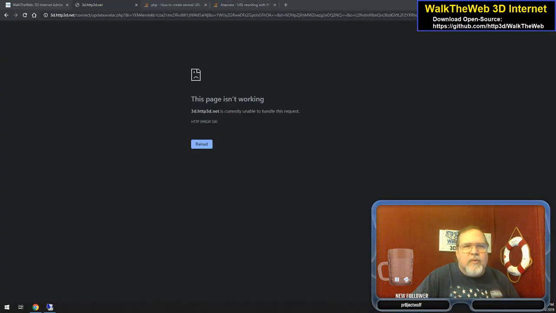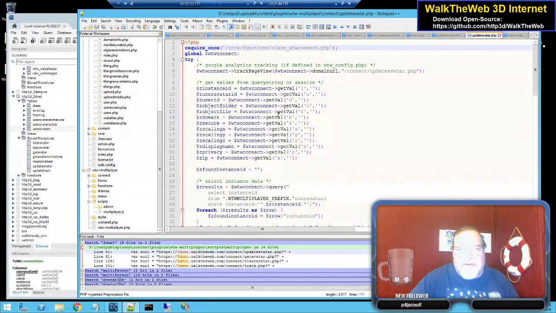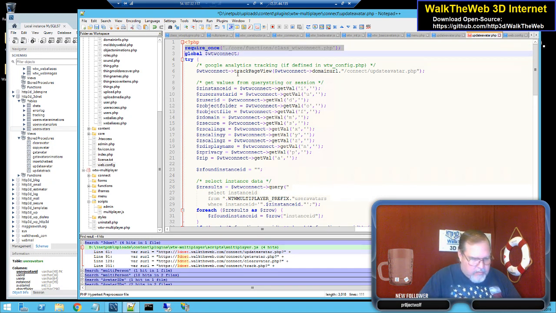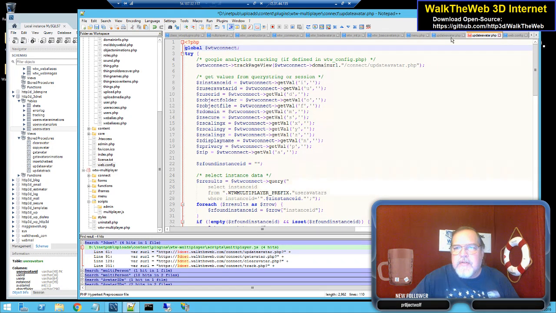Okay, so let's see here. That isn't going to work. I didn't think so. I don't think you can use absolute paths when you're doing require once. It's got to come from somewhere. You know what, actually, I don't need to do it this way. I know where to do it. We don't have to put that there. We can actually put that